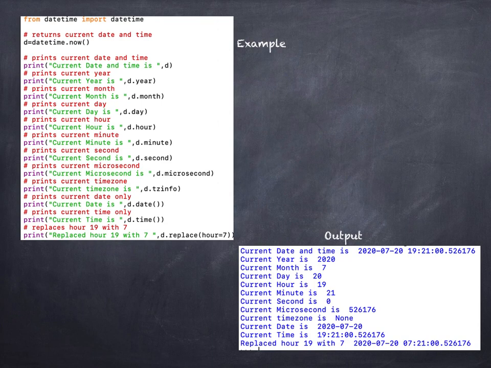See the third line of the program, that is d = datetime.now(). Similarly, we can extract the current month using d.month. To extract the current day, you can use d.day. The current hour is extracted using d.hour. Similarly for minute, d.minute. d.second extracts the current second, d.microsecond extracts the current microsecond, and time zone information can be extracted using d.tzinfo.